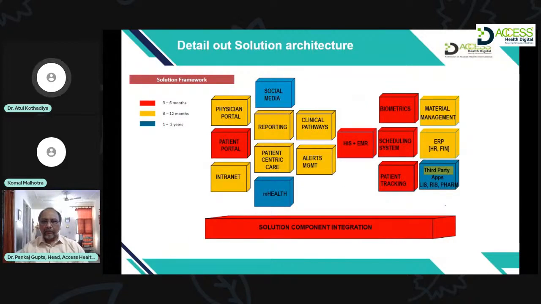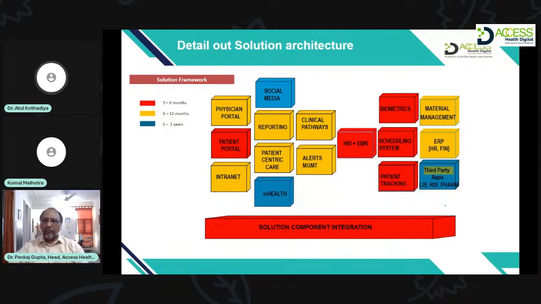Now, this is just an example, and of course, we did it for one of our clients. Now, all these functionalities or features or modules, you segregate based on the timelines required. Sometimes the vendor will not have certain modules, and you need them. In that case, the vendor will definitely give you the timelines: it will take 3 months, it will take 6 months, or more than that. So depending on the effort or the duration required by the vendor,